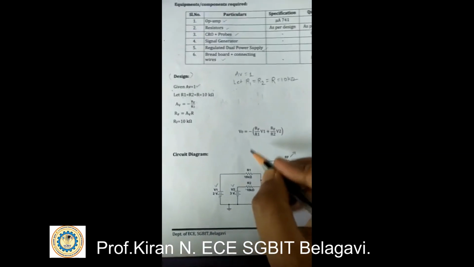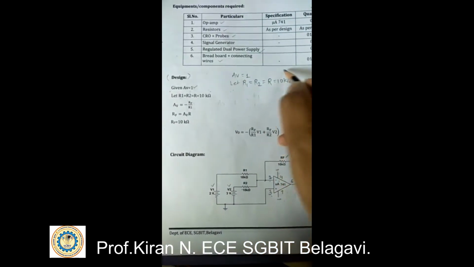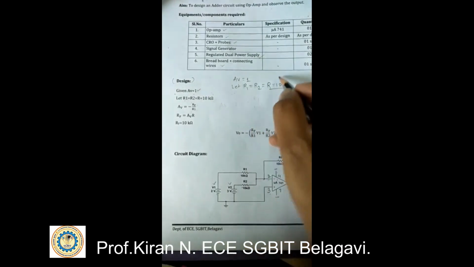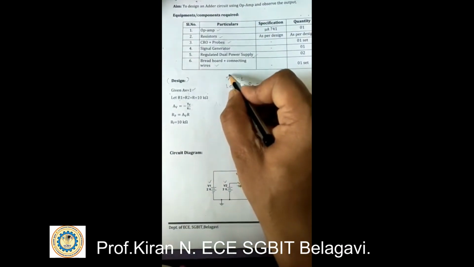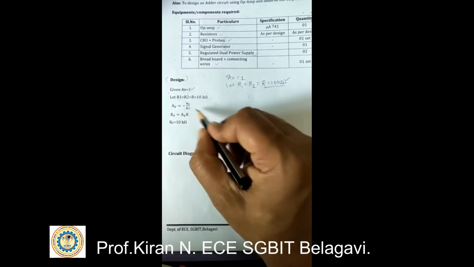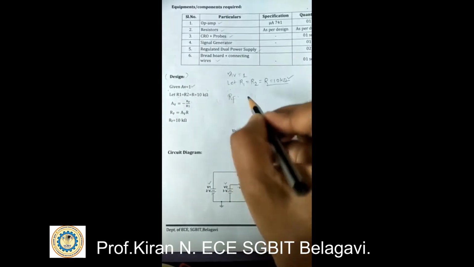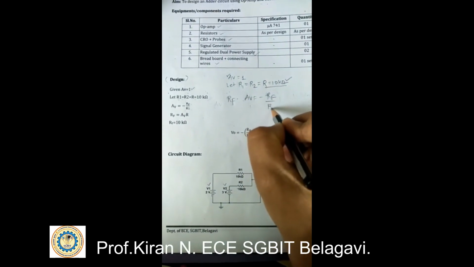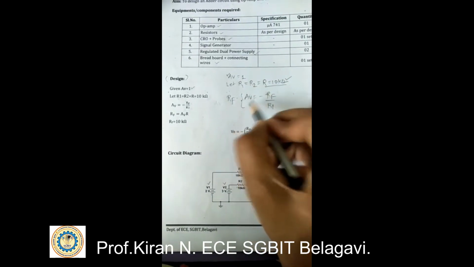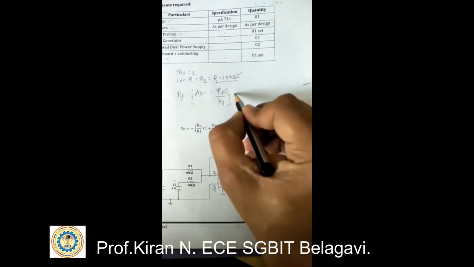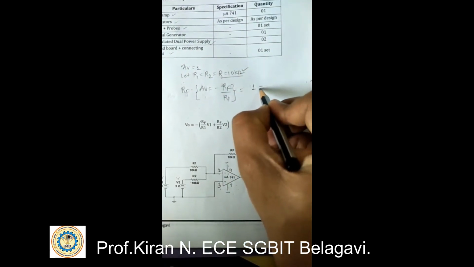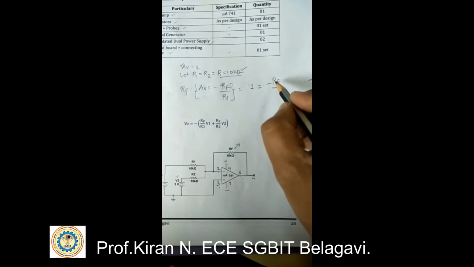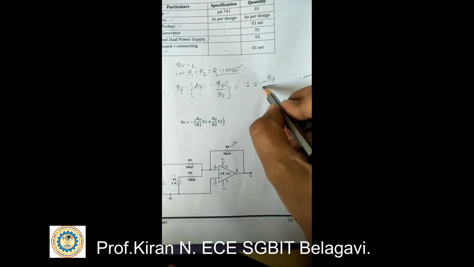This is about selecting the value of R. Now, using this value of R and the gain given, we shall calculate the value of the feedback element, that is RF. AV is equal to minus RF divided by R1. This is the formula to find the gain. The gain is given as 1, equal to minus RF, which we have to calculate. Since we are connecting the input to the inverting terminal, we are considering this as a minus,